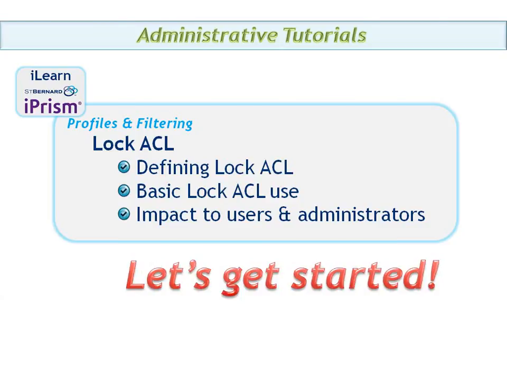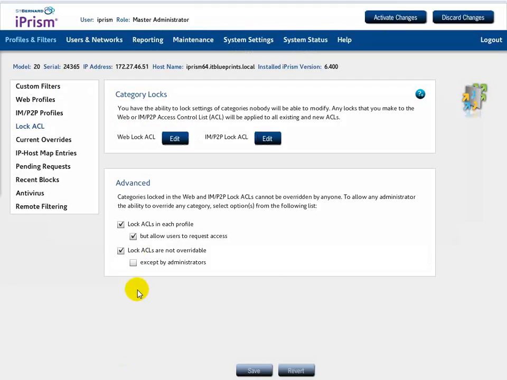Let's get started. The Lock ACL function prevents unauthorized or unintended changes to an enterprise's filtering policies. With iPrism filtering, monitoring and blocking specific iGuard categories in a profile's ACL, such as pornography or violence, ensures strict enforcement of an enterprise's filtering policies. With the Lock ACL function, an enterprise can lock these blocked categories, preventing these unauthorized or unintended